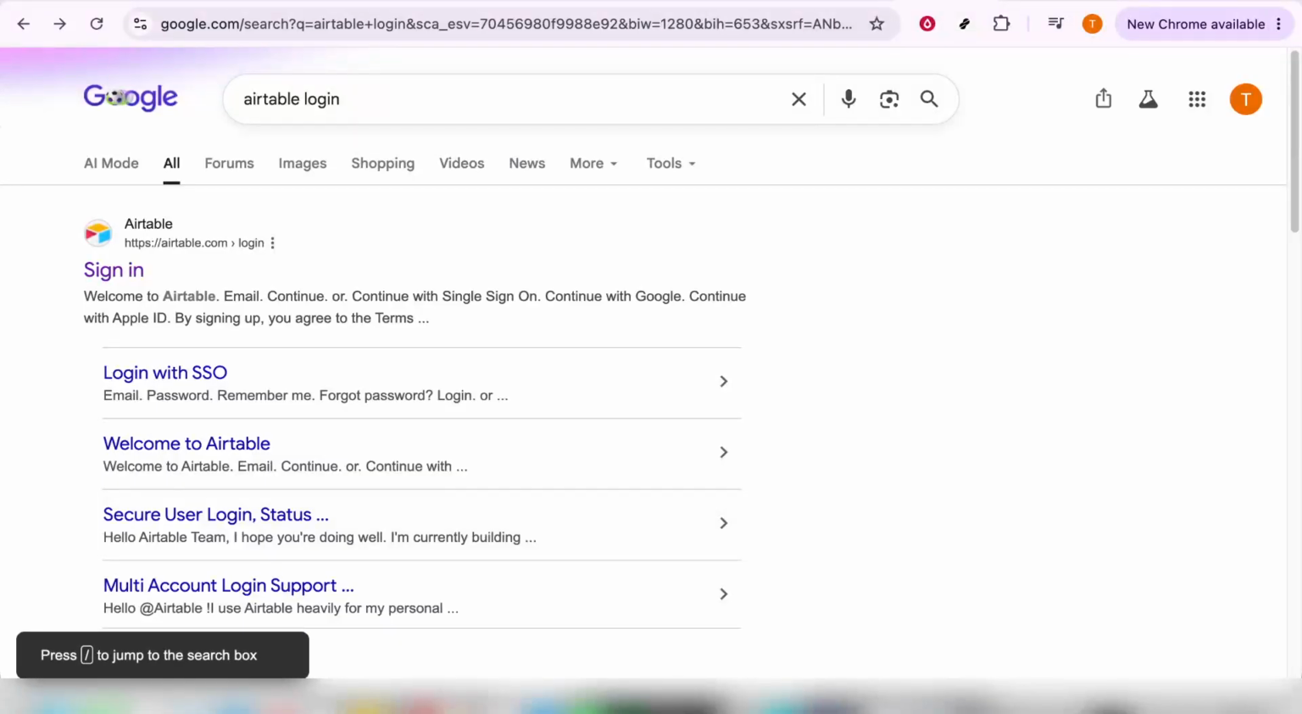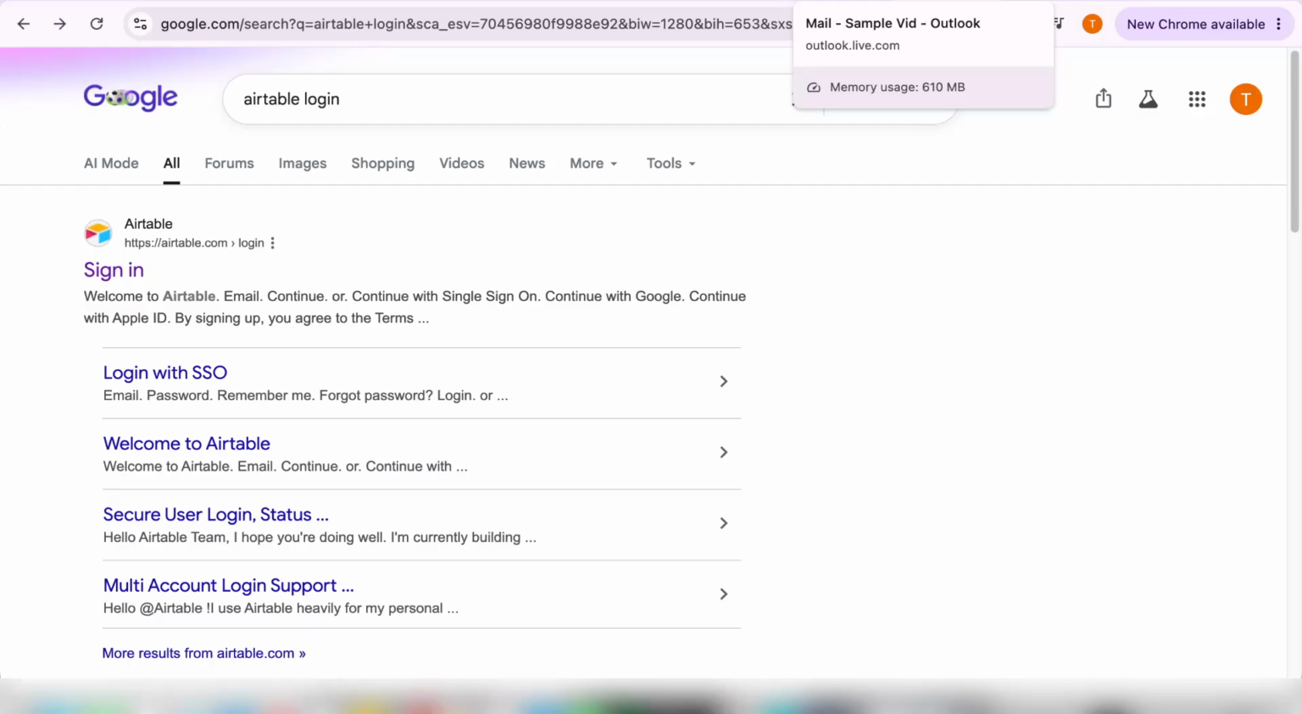In today's video, I'm going to teach you how to log into Airtable. Whether you're just starting out with Airtable or you're returning to manage your projects, it's important to know how to access your account quickly and efficiently. Today, we'll walk through this process step by step, ensuring that you feel confident every time you need to log